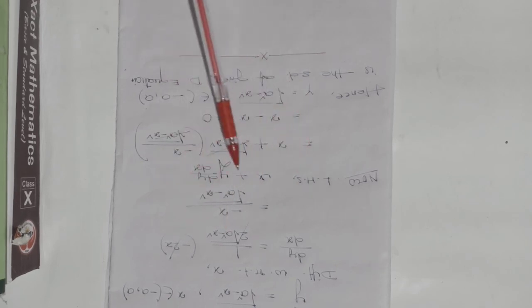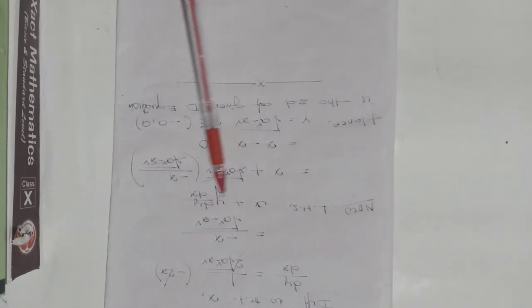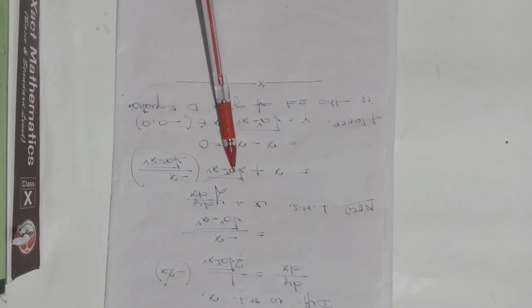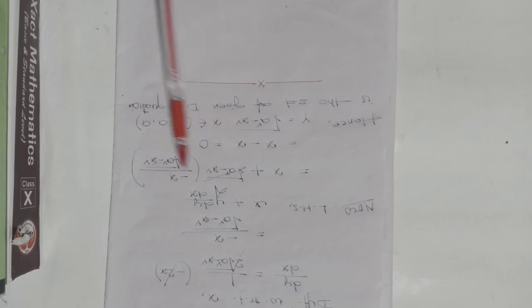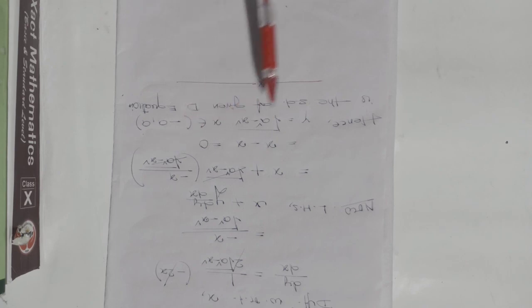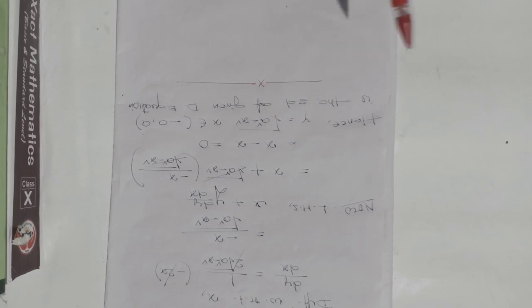Now again we use the left hand side, which is x plus y dy by dx. So we take x plus the value of y from the given question, root over a square minus x square, times dy by dx, which is minus x by root over a square minus x square. So these two terms get cancelled, and x minus x also cancels, so we have got 0. So the differential equation is x plus y dy by dx equal to 0. Hence the given function is a solution of this differential equation.